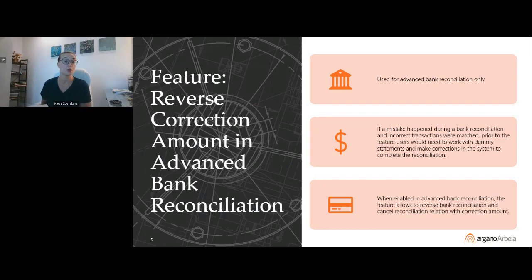First, I would like to talk about the feature about reversing correction amount in advanced bank reconciliation. As you can probably guess from the description of the feature, it's related only to advanced bank reconciliation. If you use a manual bank reconciliation, disregard this. The idea for this feature is that